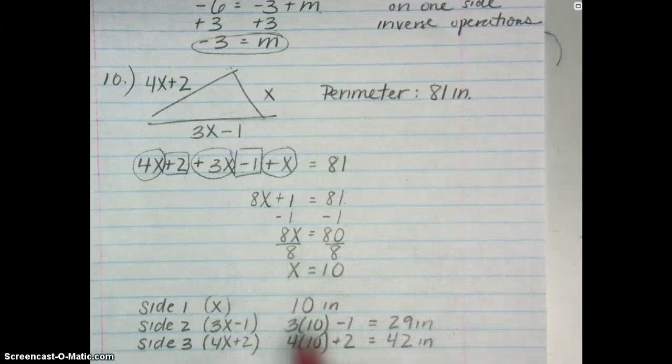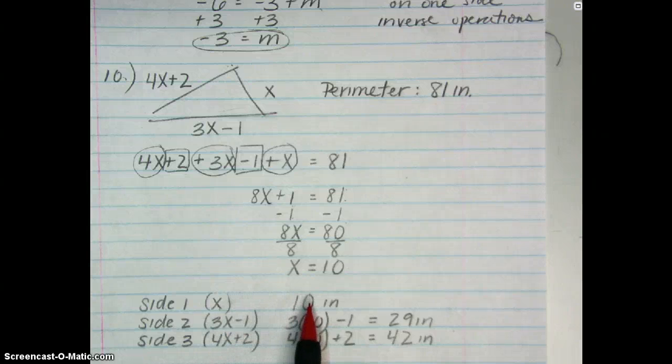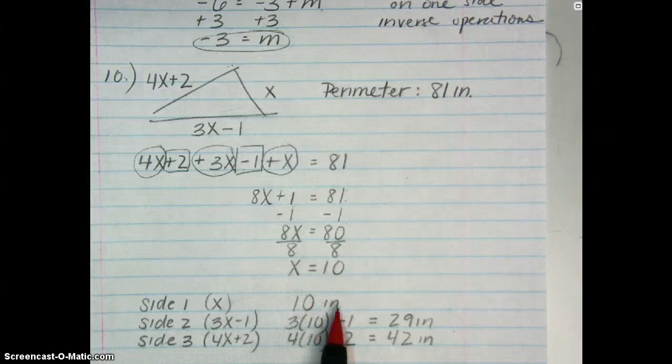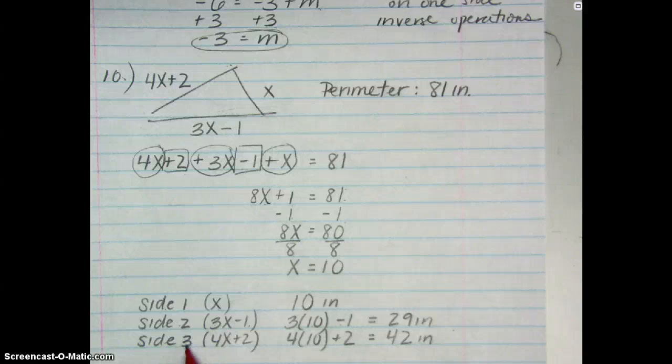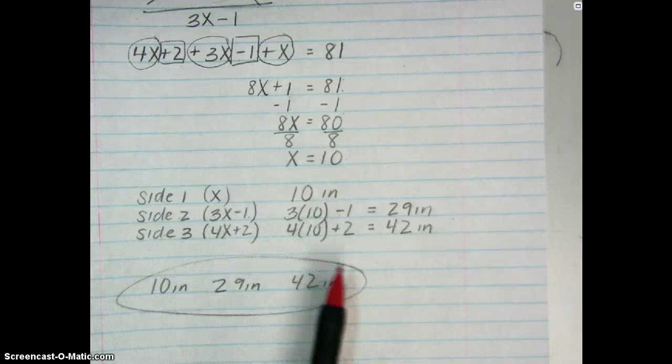Well, if x is 10, remember side 1 is x. So whatever x is, that's side 1. So x is 10, side 1 is 10 inches. Be sure to include your unit. Side 2 is 3 times x minus 1. So we replace x with 10. 3 times 10 minus 1 is 29. And then finally for side 3, we replace the x with a 10 once again, and we get that it is 42. So the side lengths of this triangle are the following: 10 inches, 29 inches,